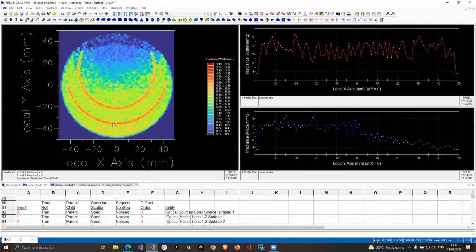So in terms of finding out what paths are causing problems for us, looking through the Raytrace report is interesting, but actually the most helpful thing to do instead is to use the image artifact diagnostic tool. Essentially what we can do here is draw a little box around a region of interest. So let's choose this bottom end of this artifact. And now what Fred is doing, and you might not be able to see this,